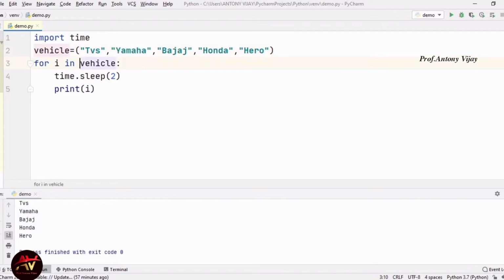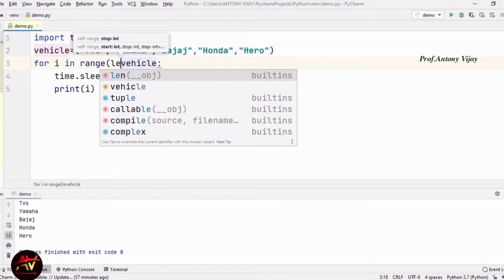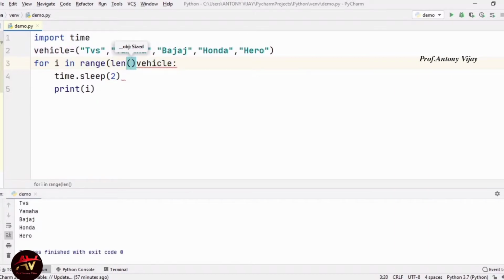For that I have to mention range of. Range is a predefined function used for mentioning the indexing. Inside the range I have to mention length of. Length of is used to count the number of elements in this vehicle tuple. I mention 2 round brackets for closing this.